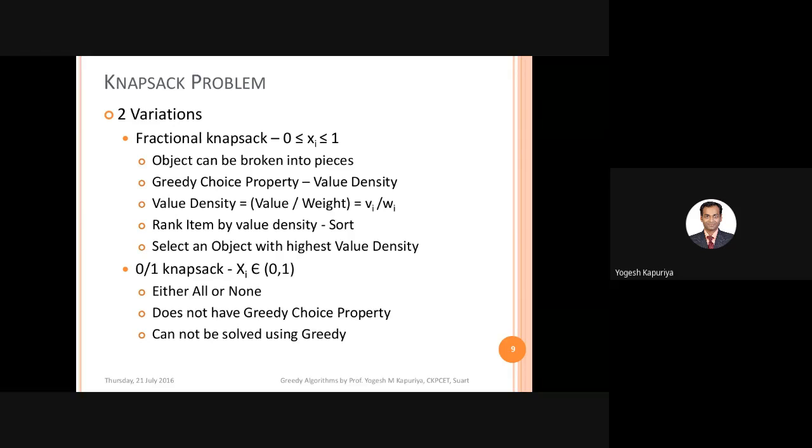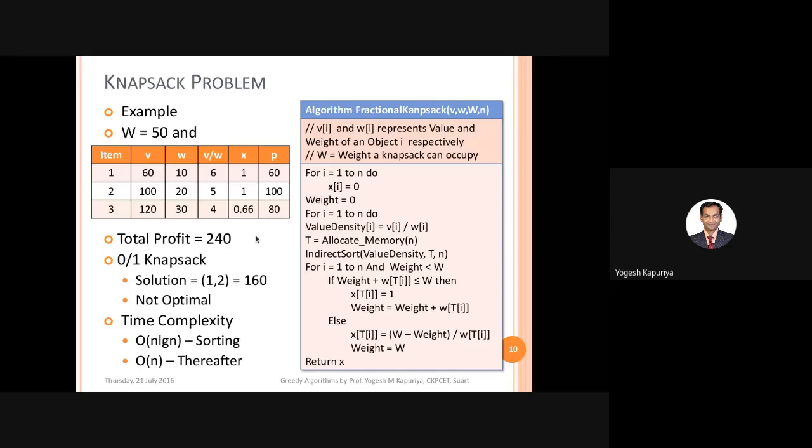Okay, fine. So we have been discussing these two versions of the problem statement. We have also discussed that fractional knapsack is a problem which can be solved using greedy. So let us go further now. Before we look at this slide, let's have some formal discussion.